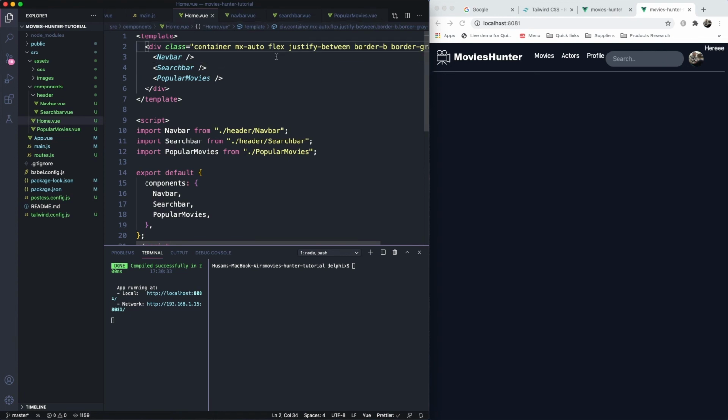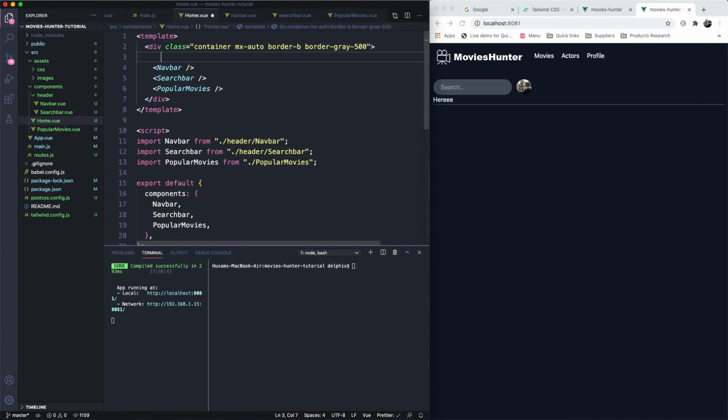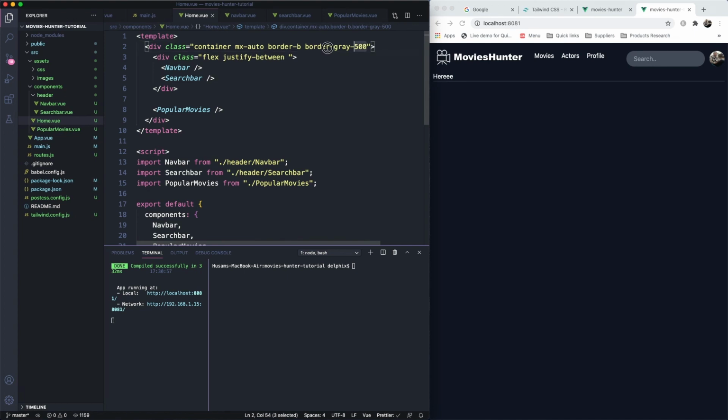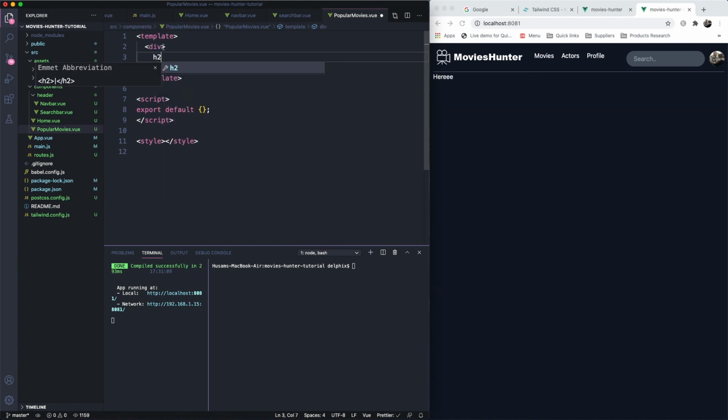And this behavior is because we have flex here. All right, so I will take this and I will come here and make a new div and make here this class and grab these two here. Okay, and all right, so very cool. And also we don't need the border, so all what I need is border here. All right, cool stuff. So let's go ahead now and define the title here, which will be h2, I believe, popular